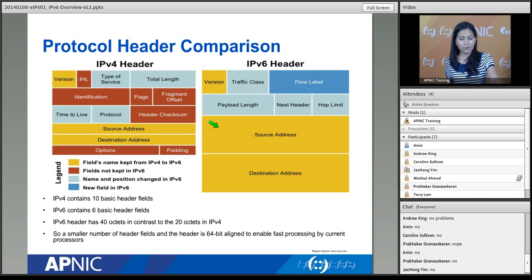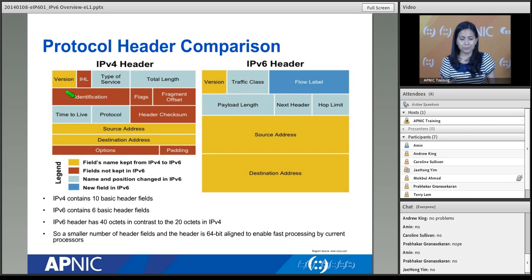All right? Now, how about the red ones? Red means fields that have not been kept in IPv6, meaning we eliminated them or we moved them somewhere else. Okay, so you have here the header length. We won't be using header length anymore. Why is that? Because in IPv6 we have a fixed header size, so we just need the payload length. So it's actually this one. We have payload length here. We have identification, flags, and fragmentation offsets, which have been removed. Why? We have a different fragment extension header.